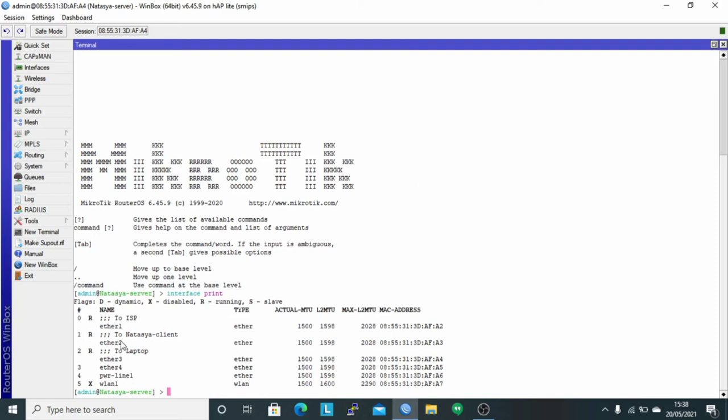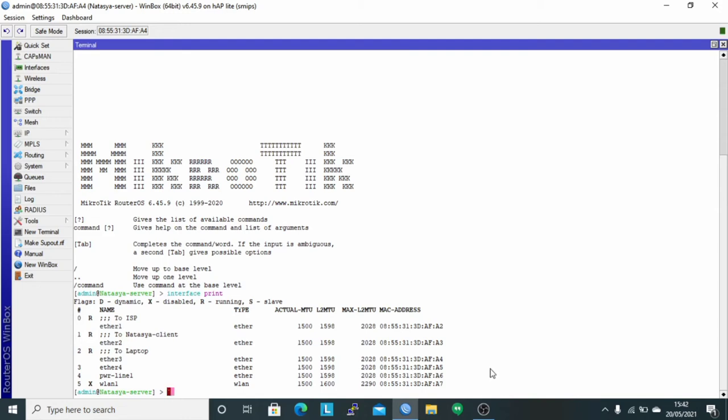It can be seen that Ether 1 is connected to the ISP and Ether 2 is connected to Natasha client, and Ether 3 is connected directly to the laptop according to the topology.